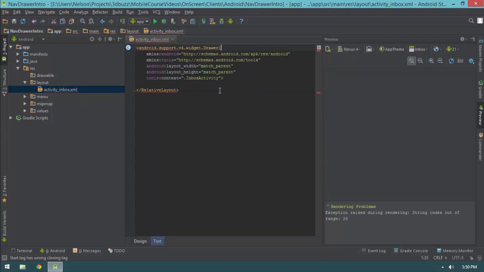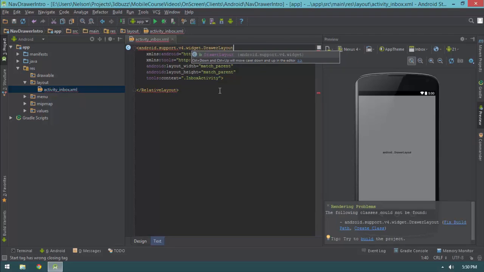Drawer layout, which is already shown up in my autocomplete. Okay, now we're going to get an error, obviously, because our start tag is a drawer layout, and our end tag is a relative layout. So we can fix this quite easily by taking this, control-C copying it,